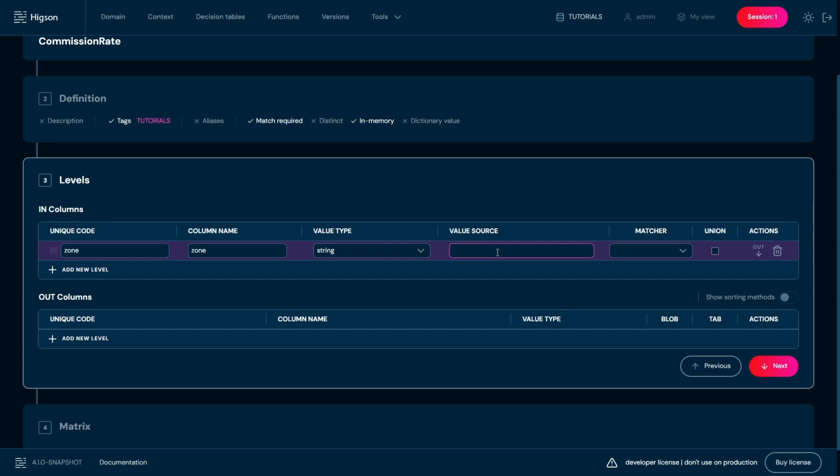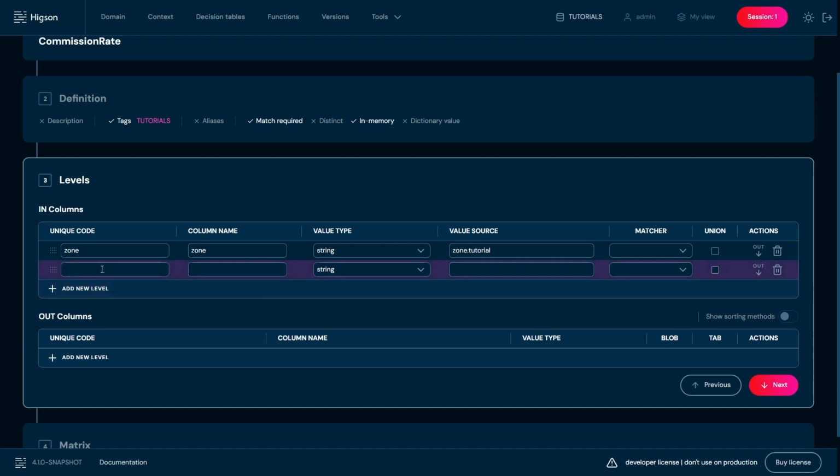Then I will need to provide the value source, which is basically the path of how this information travels from your business application to Higson. So for me it will be zone.tutorial, and now I can proceed to level number 2,